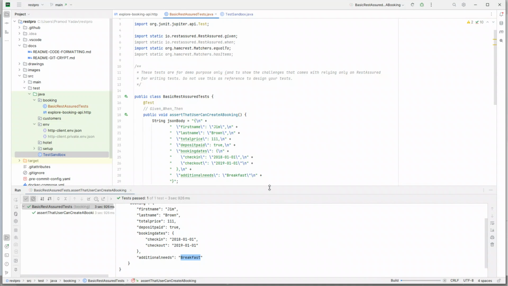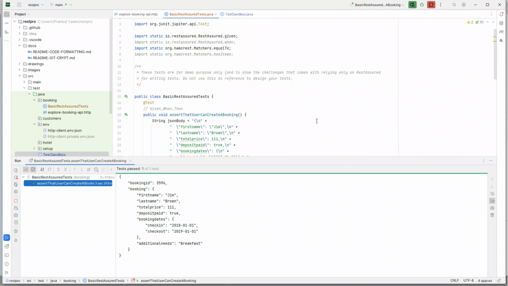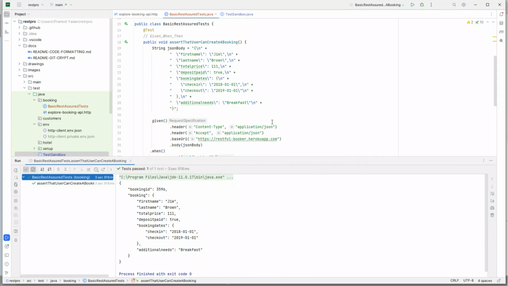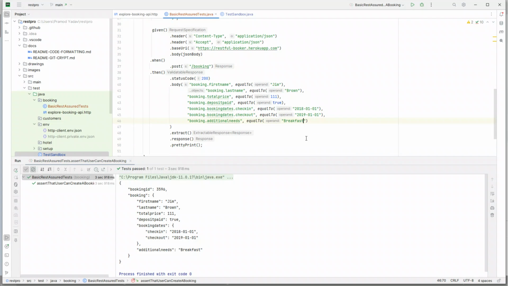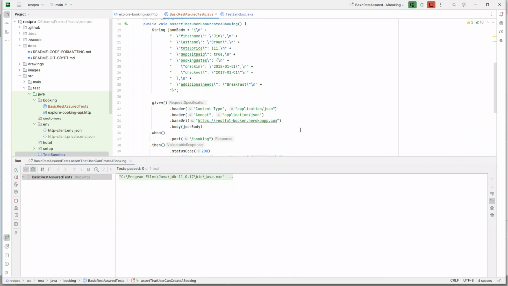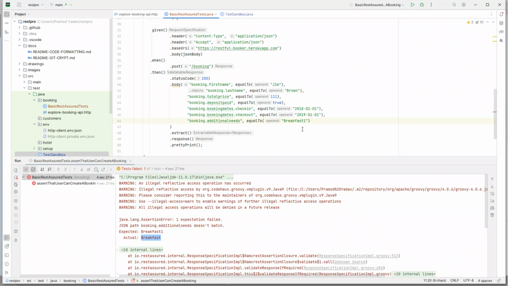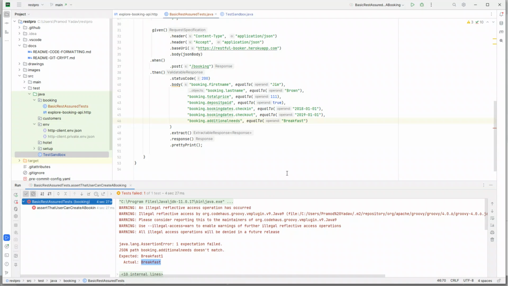So let's do one more run. And everything works fine. If we want to make our test fail, let's make it breakfast 1, because it's always a good practice to see if your test is failing at least once. So let's run this. Cool. So now it's failing. It's also telling us what we expected and what we actually got. So this is perfect. Now imagine if we go back to our application,